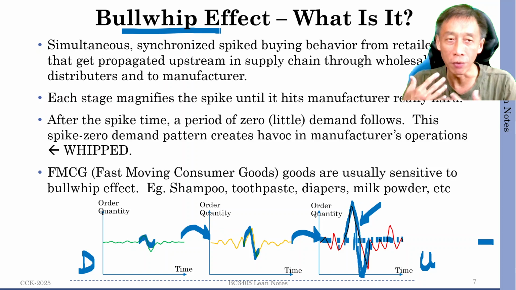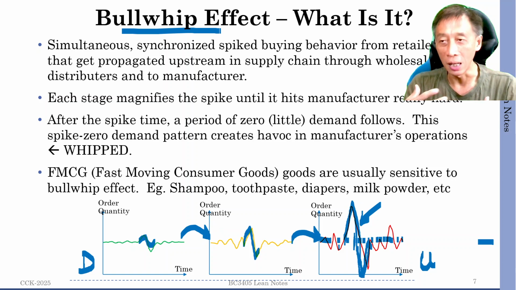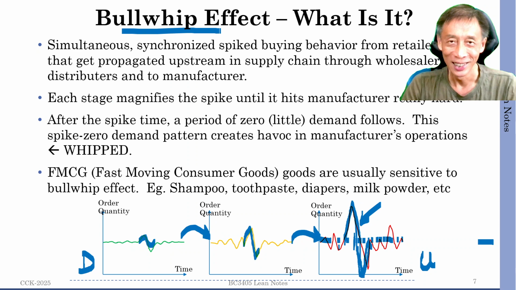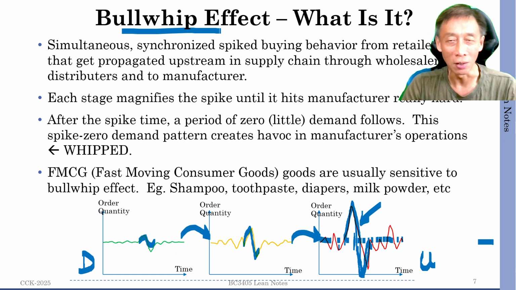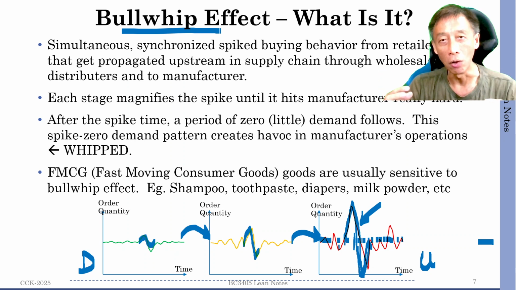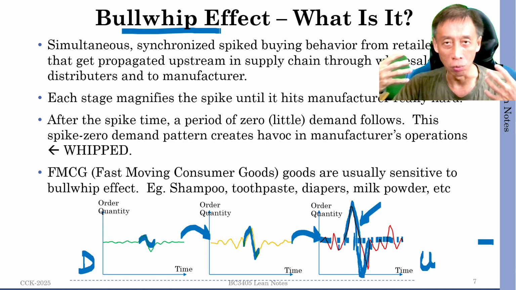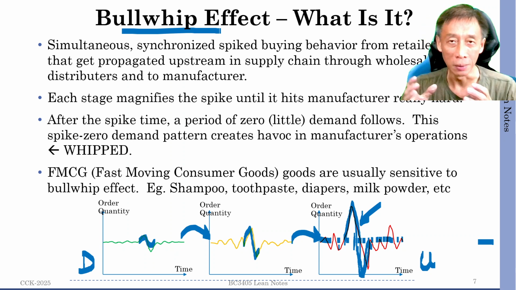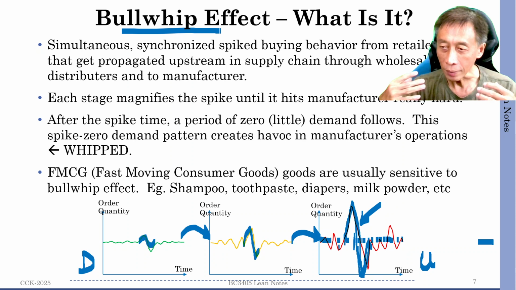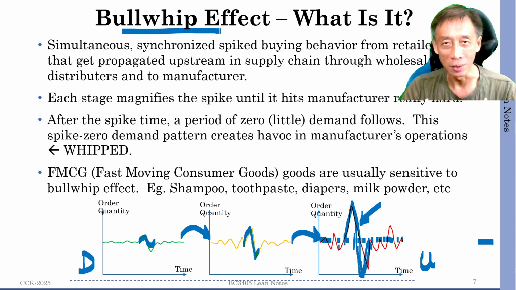So much so that Forrester actually designed a game called the beer game, which is also very famous in business schools and executive studies, MBAs, and all that, to understand and appreciate the ever-present bullwhip effect without having to work for 5 years, 10 years in the supply chain of a fast-moving consumer good. And by playing the game Forrester designed, one can appreciate it when you make local decisions.